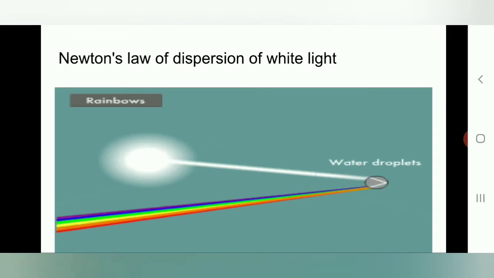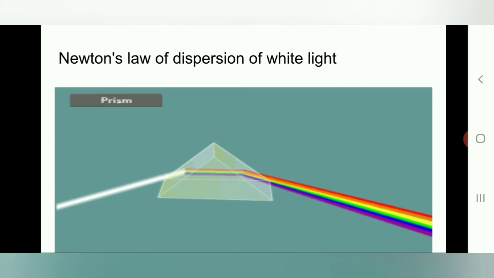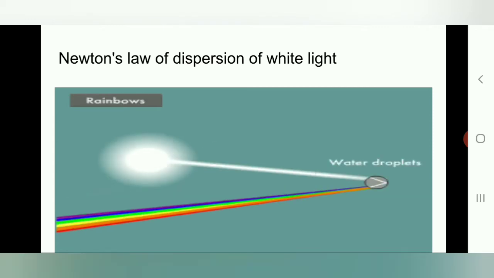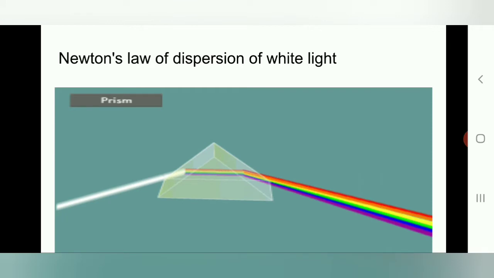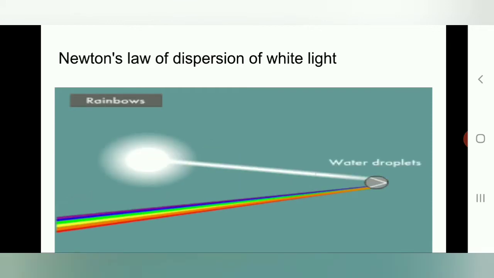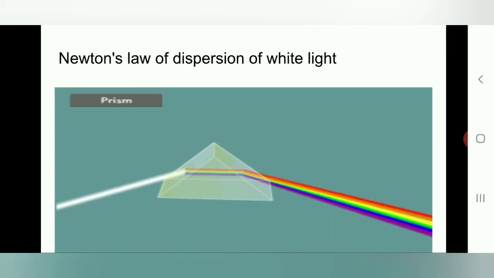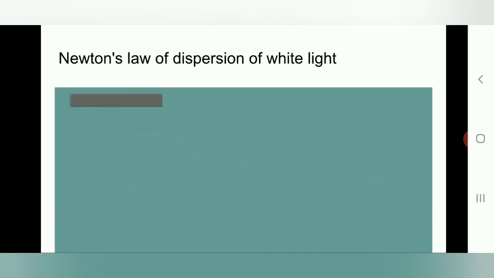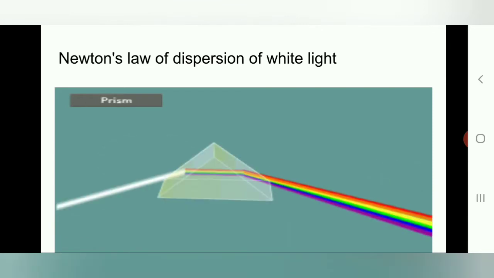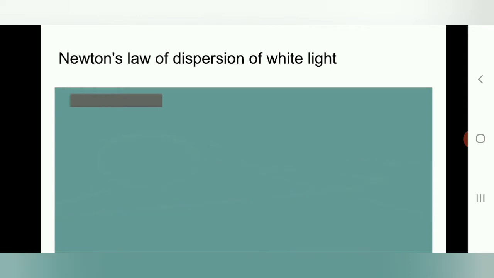Sir Isaac Newton, while studying the image of a heavenly body formed due to the refraction of white light by a lens, found that the image is colored at its edges. He thought that the colored image is due to some defect of the lens. He then repeated the experiment with a carefully polished lens, but the image was still colored. So he concluded that the fault is not with the lens, but there is something in the nature of the white light itself due to which the light is colored at the image edges.